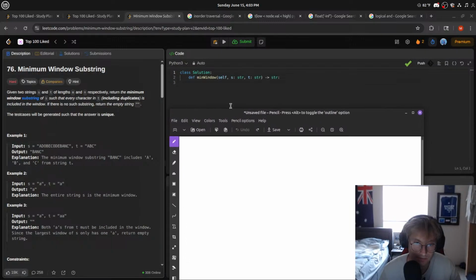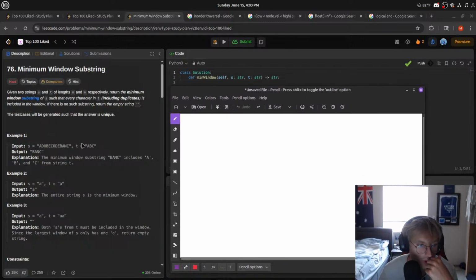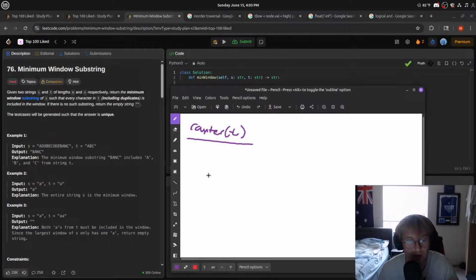Okay, so I'm thinking the way to start here is that we've got to keep a counter of T, right? So we keep a counter of T. We know that we found everything inside of our window if every value inside of our counter